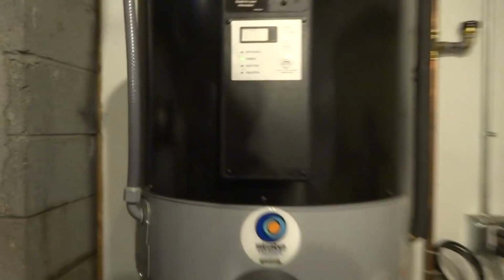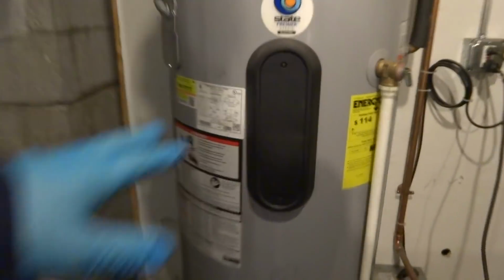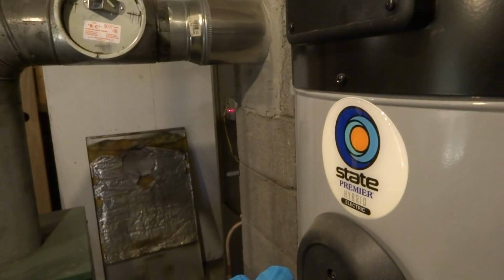It was a generous rebate. I had it done, that's been over a year. It's pretty noisy, yeah, and it's definitely blowing cold air out, right? Yeah, because it's a heat pump. So you're not really happy with it. It's okay. I'm sure it's a quality unit, but I would go back to the old kind next time. The only problem is if it's a 50-gallon, you can't get a regular one unless it's a heat pump. With a 40-gallon, you can get a regular electric water heater. I live alone, that's fine. Either that or put a storage tank in there. In the past, I used to have the water heated from the boiler before it got to the hot water heater, so when I didn't have power...